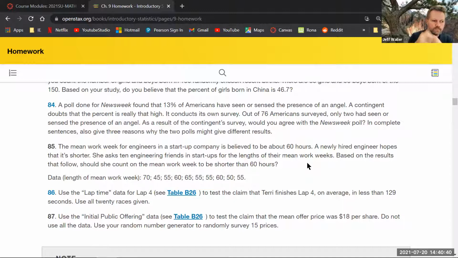So then the claim is the mean is less than 60. Yep. So then the Ha would be that, and the H0 would be the mean greater than or equal to 60. Yep. Okay, all right, thank you. And it was the same for 98 also. It was a similar setup. Oh, cool. All right, that answers my question for that too.